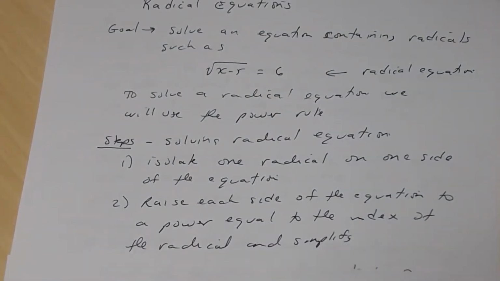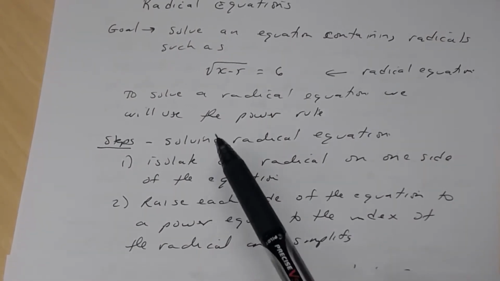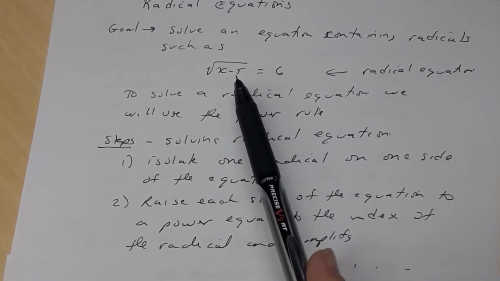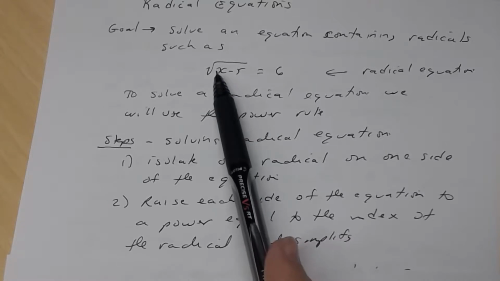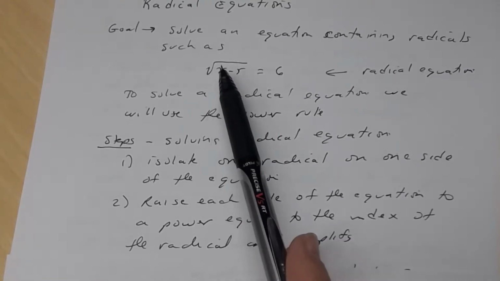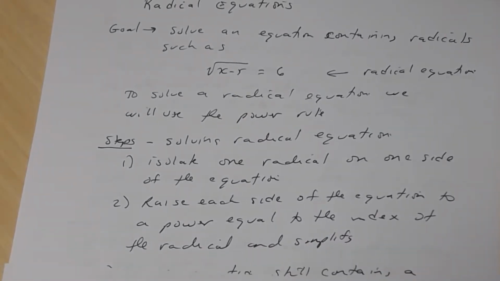Okay, now, the first 2 steps, no issue. You're going to get one of the radicals by itself, and then you're going to clear the radical. You're going to clear the radical by undoing the process. So right now I'm taking the square root. So the opposite of taking the square root is to square both sides. Hence the idea of that power rule. All right, now,